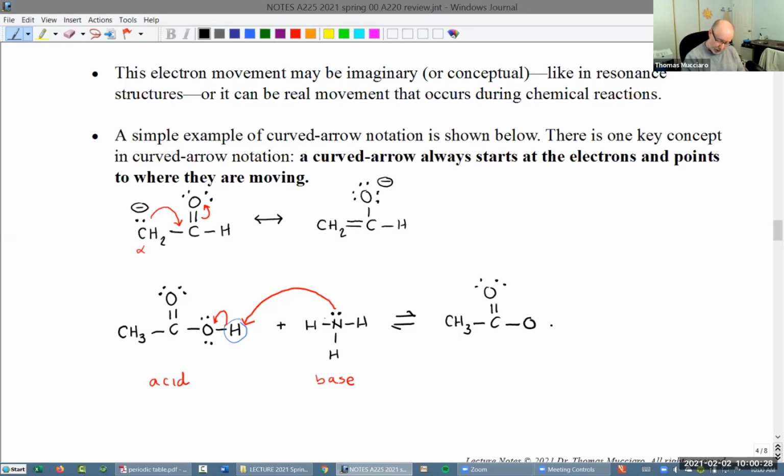Okay, so now there's no bond to hydrogen here. There's just the oxygen. It already had 2 lone pairs, but now we put a third one on, and that's going to have a minus charge. And then over here, what's going to happen is there's now going to be a bond instead of that lone pair, hydrogen there, and that'll have a positive charge. And the point here